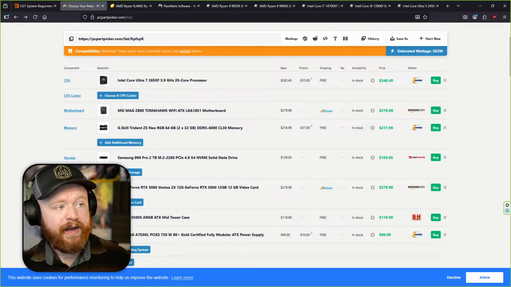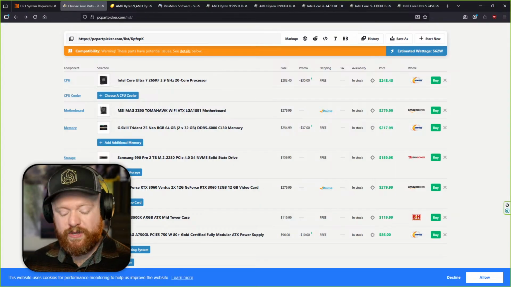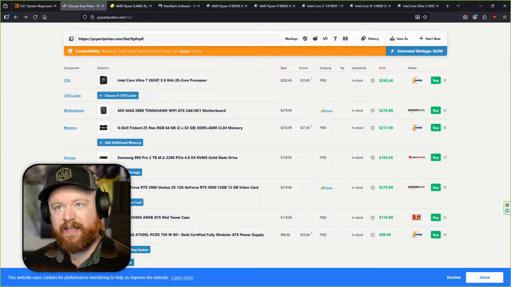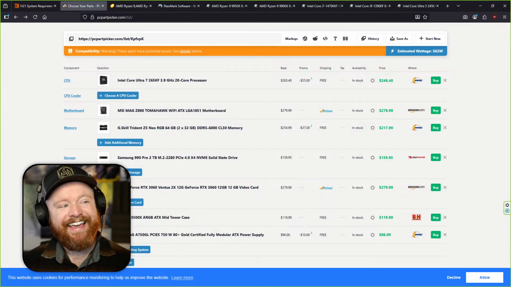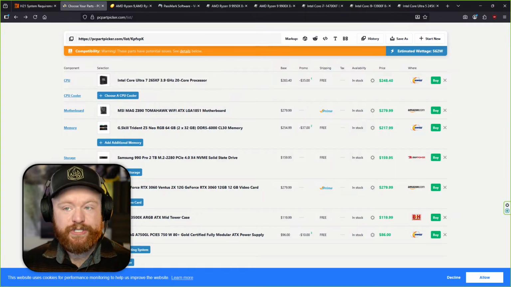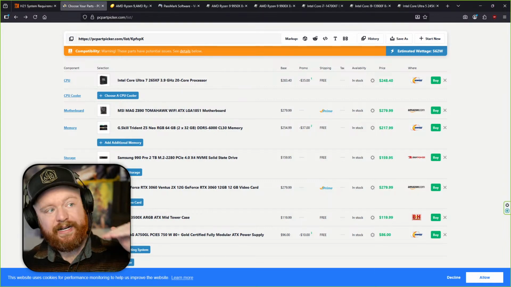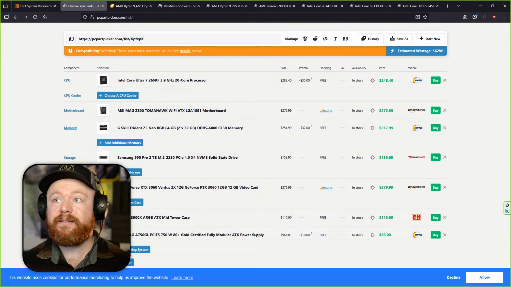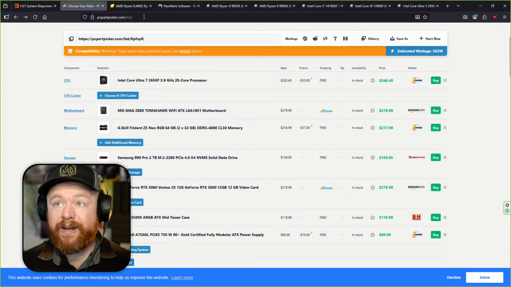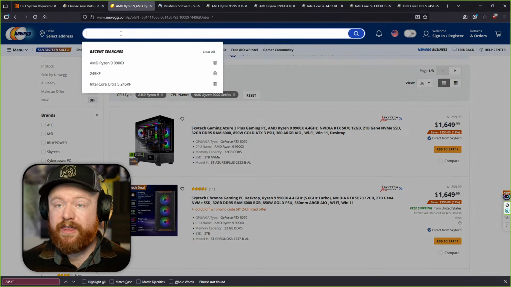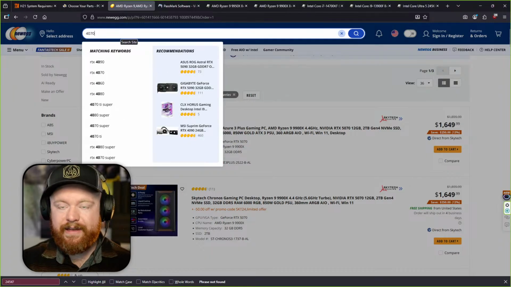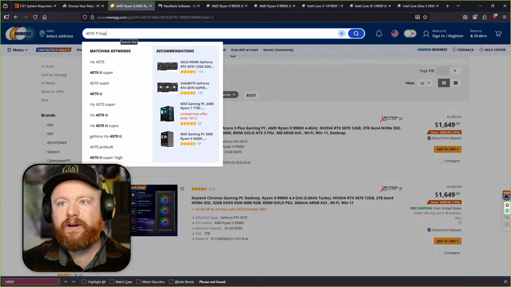Now, when I bought that GPU, I also timed it so that it was right around when the 50 series first came out. And the reason why I time it that way is anytime NVIDIA comes out with a new line of graphics cards, the old gen gets price cut a lot. Usually it gets price cut quite a bit. So when I got the 4070 Ti Super cards,